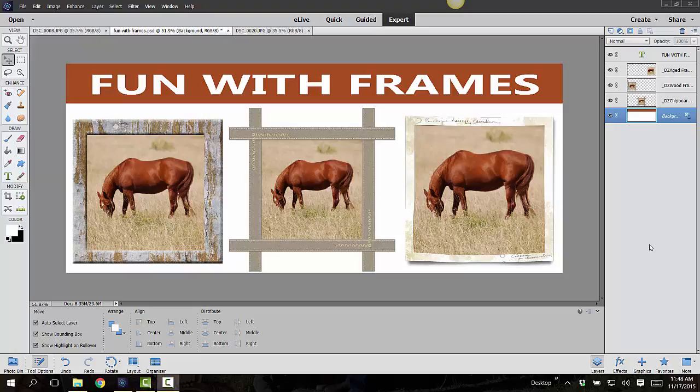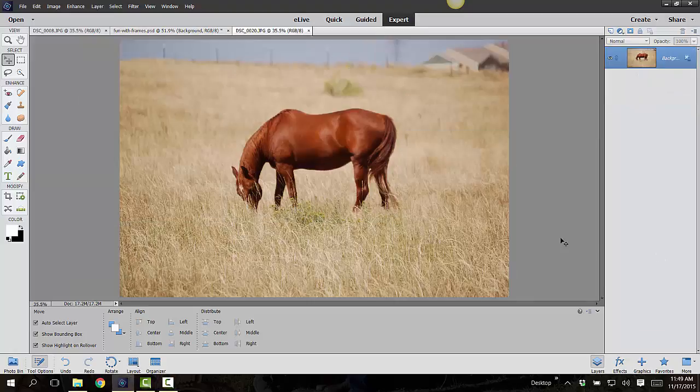I'm going to be working with frames, and mostly default frames from Photoshop Elements. Now you may not have all the exact same frames that I do, but for the most part you will have them in version 12 through 14. I will be working in version 14. So I'm just going to go ahead and open up a photo,